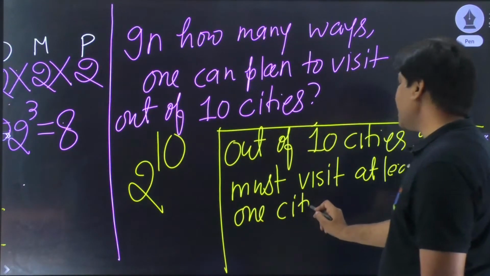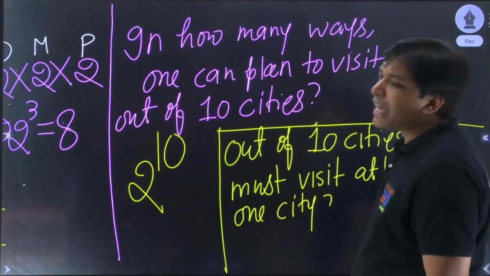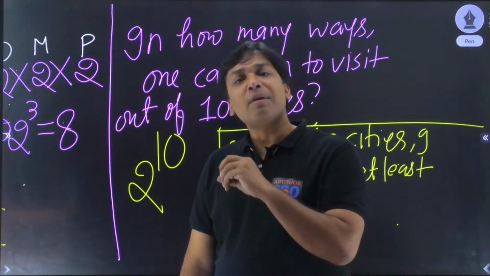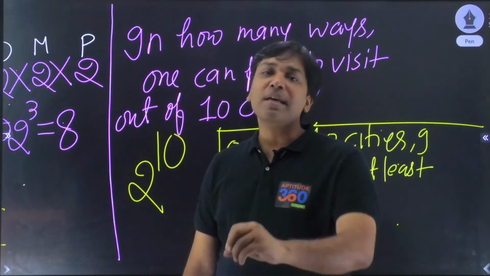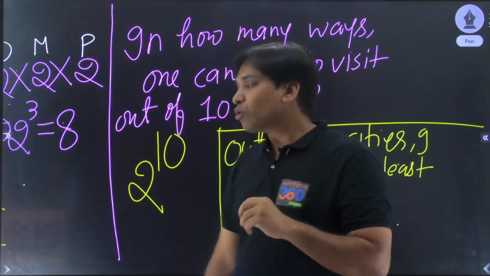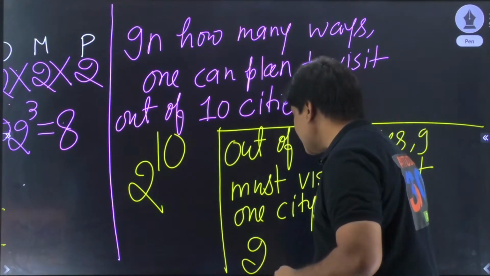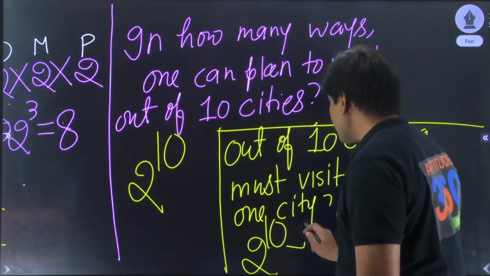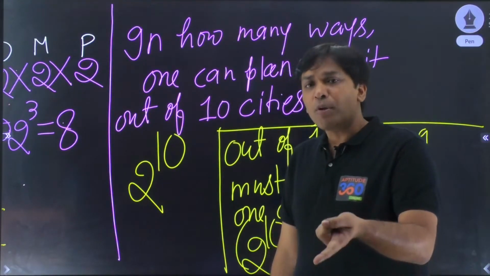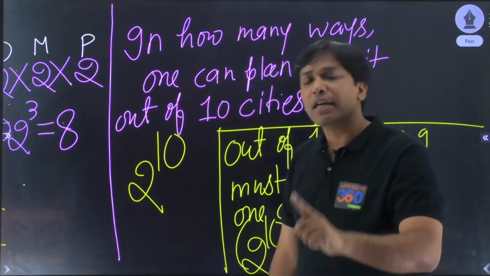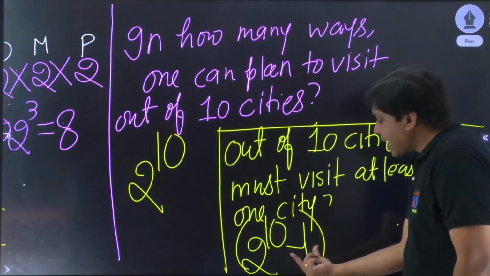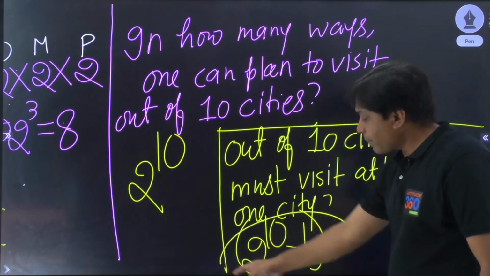इसका ये मतलब है कि वो जो नल सेट है ना, जहां पे मैं कहीं नहीं जा रहा, जहां पे मैं निकम्मों के जैसे बैठा हुआ हूं घर पे, वो ये कह रहा है कि भाई नल सेट नहीं हो सकता, isn't it? अब नल सेट नहीं हो सकता तो आप क्या करोगे? टोटल पॉसिबिलिटीज आर 2^10 minus 1. In how many ways you can form the null set? Only one way. In how many ways you can choose not to go anywhere? In only one way. So out of 2^10 possibilities, if you subtract that one possibility,